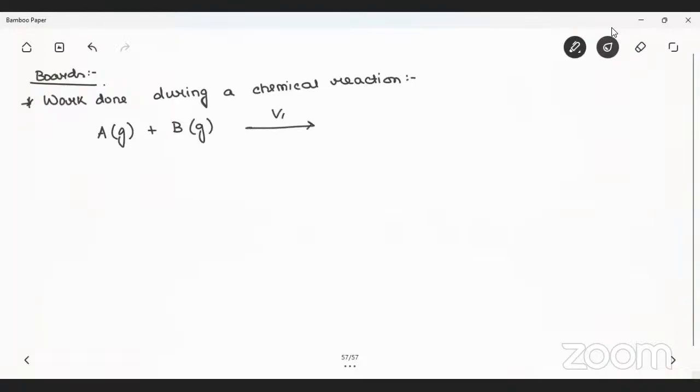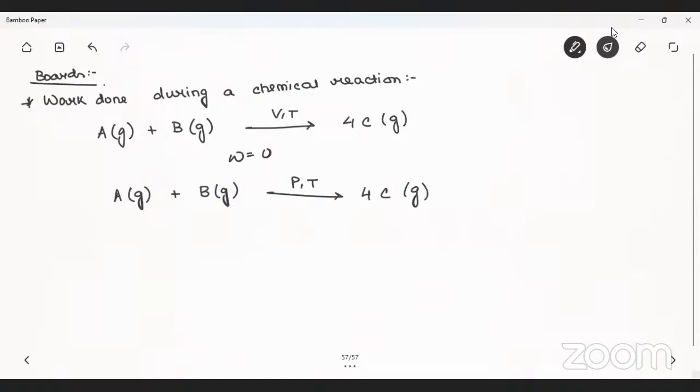We have considered volume and temperature to be variable, and we are getting C. Suppose it is gaseous. Here W is equal to 0. Again, A is gaseous plus B is gaseous, and here P and T are varying. So here also we get C, which is gaseous. But here the work done will be